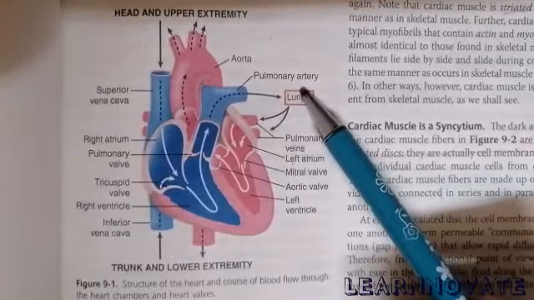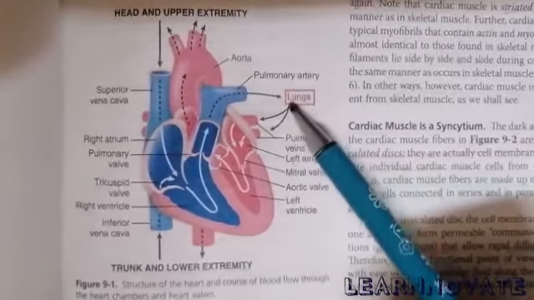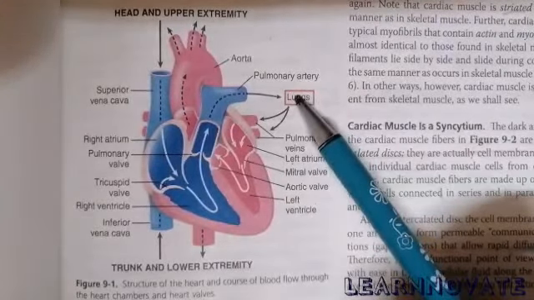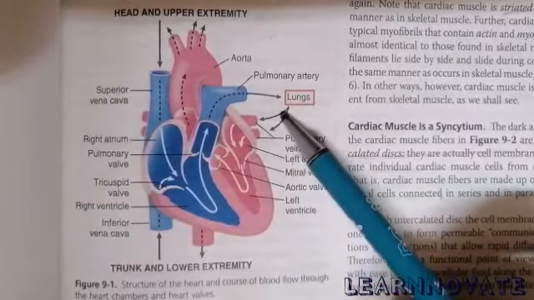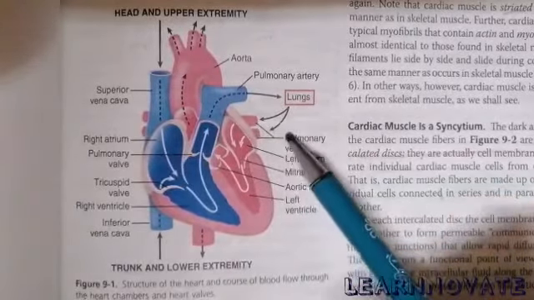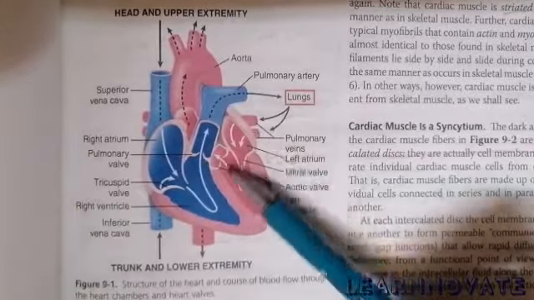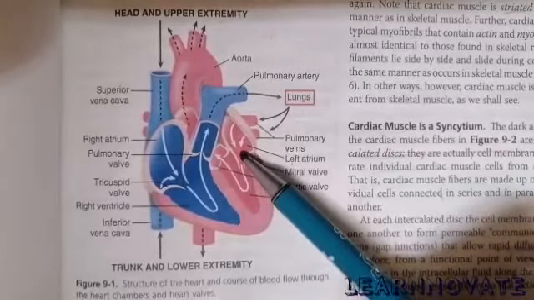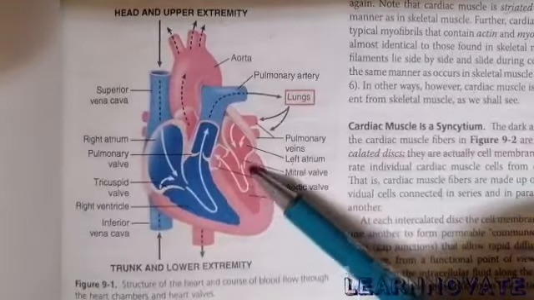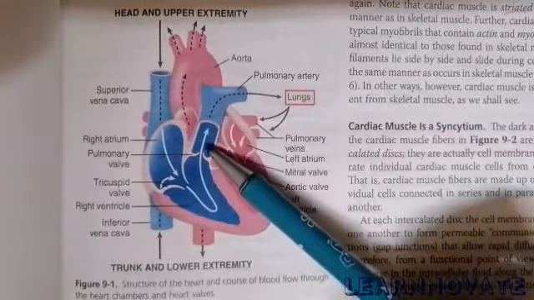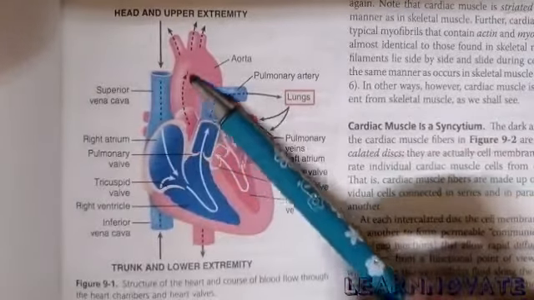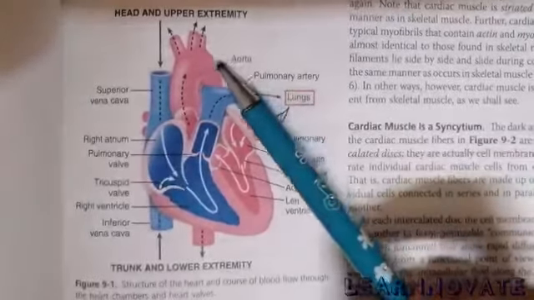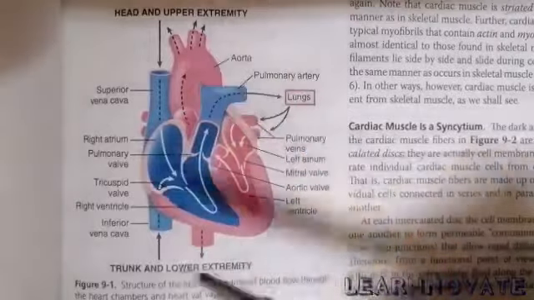The lungs, as we all know and as we have discussed in the video, are very important for the oxygenation of the blood. When the blood is oxygenated in the lungs, the oxygenated blood comes back through the pulmonary veins. The pulmonary veins open into the left atrium. The left atrium opens into the left ventricle through a valve, the mitral or bicuspid valve. Now from the left ventricle, the blood passes through the aortic valve and then into the aorta. Ultimately from the aorta, the blood passes into the whole body through the systemic circulation, to the upper extremity and to the lower extremity.